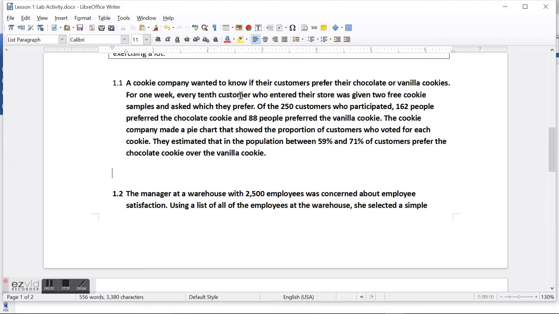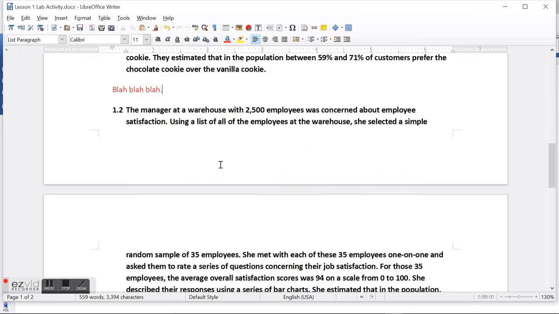If you use Word or whatever, you can do the same thing. But whenever you write your answers, just write them in this red font. It makes it really easy for me to grade. It makes it really easy for you to see which ones you have or haven't done. You leave fewer items blank this way. So you answer in this red